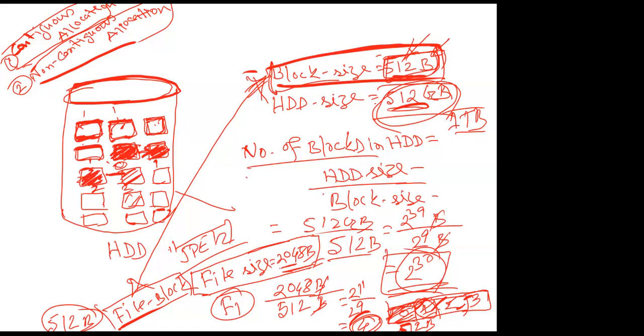If they are in different locations, let's say block 0 is in here, block 1 is in here, and 3 is in here, then we say this is non-contiguous allocation. These are the two types of allocation, and it depends on which type you follow. If you go for contiguous allocation, reading is easy. You read the first block and then the adjacent ones. This way you can read the file. It is faster, but